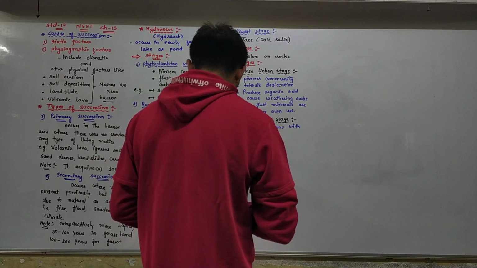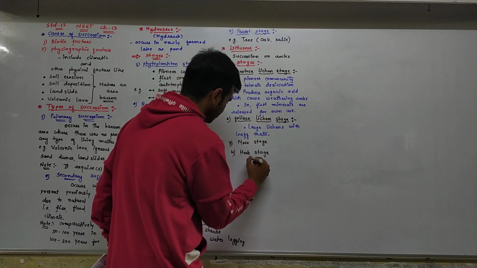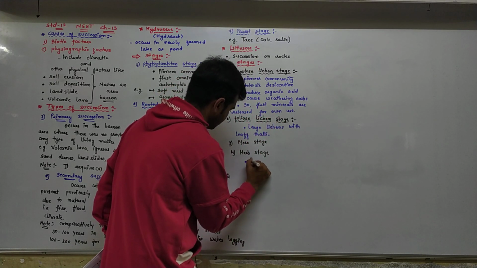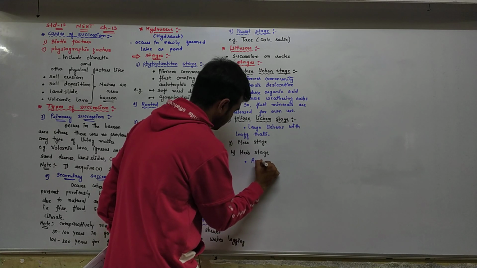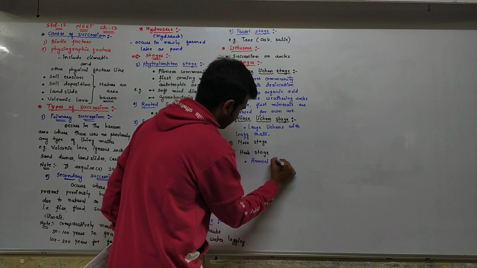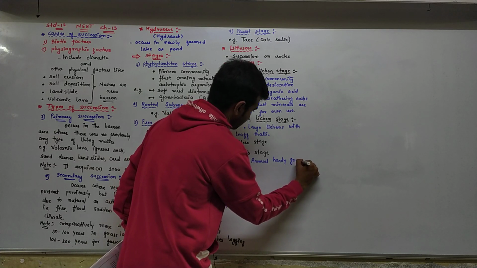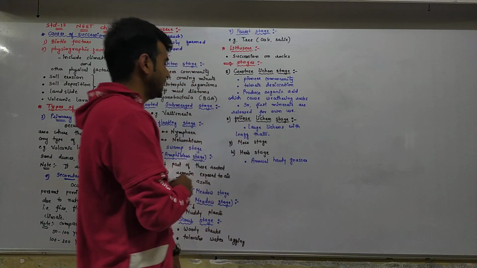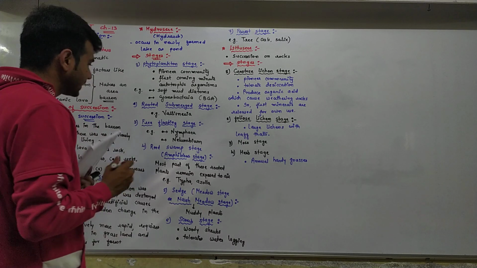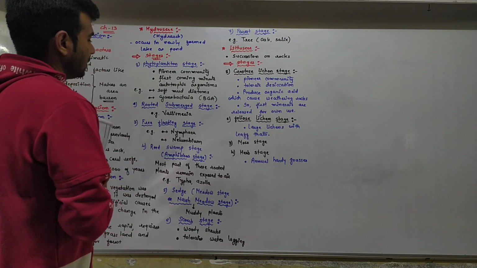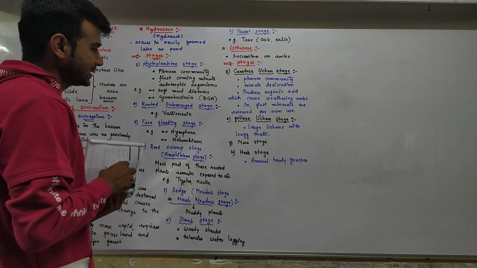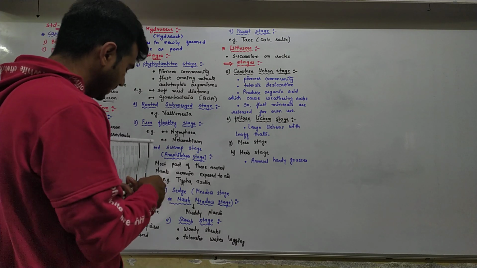So in herb stage, annual hardy grasses are there. So these grasses live for 1 year,